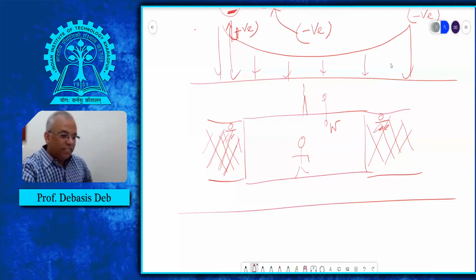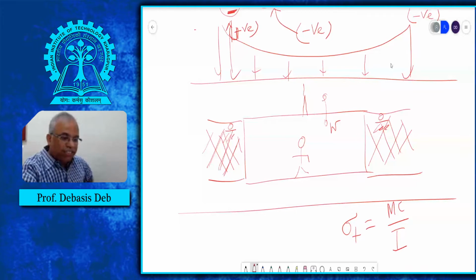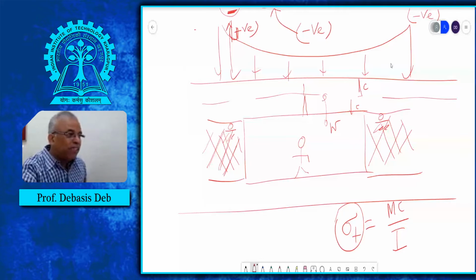And you know here the sigma t. If you remember, M c over I. Do you remember that formula? The moment into c, where c is from the neutral axis to the boundary, and I is the moment of inertia. So this is your stress. If it is more than the strength, then it will fail. This is basically will become our sigma 3. Now this happens as a tensile mode in an underground opening. This is the opening.